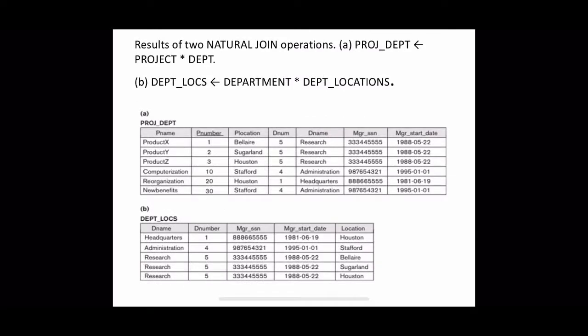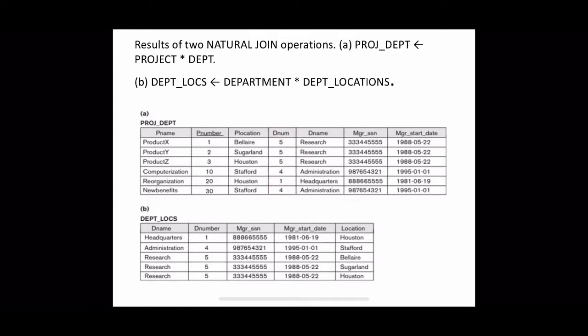This is the result after performing the join between project and department. We have the new relation project department with these attributes, and only one column named dnum, because both project and department have the same column, and in natural join only one appears in the result.